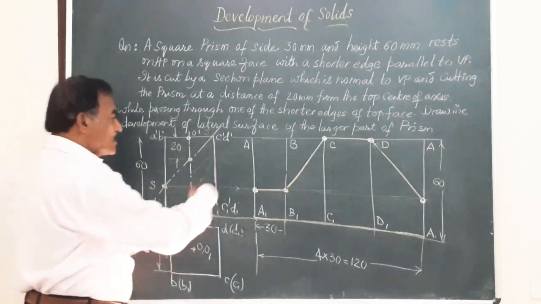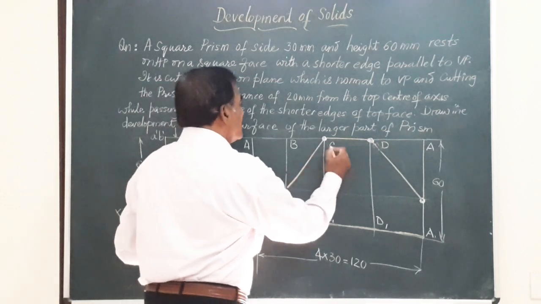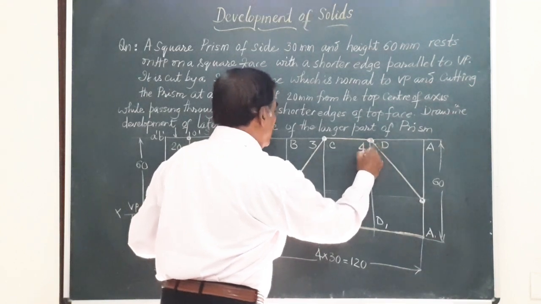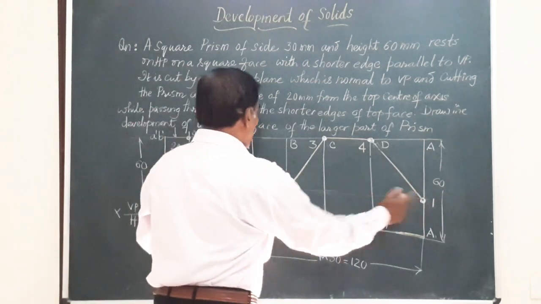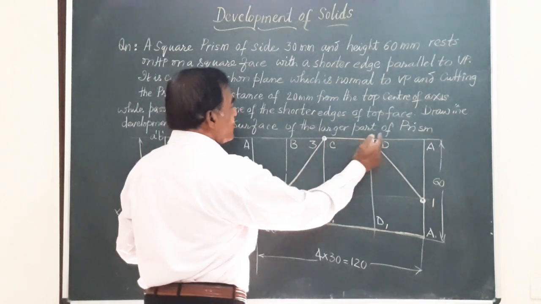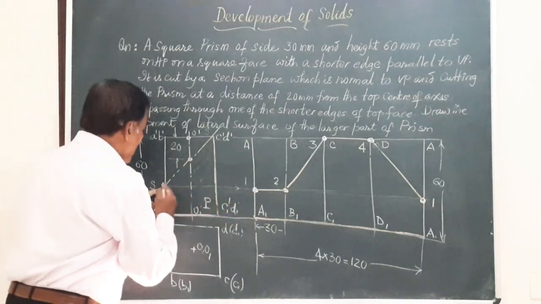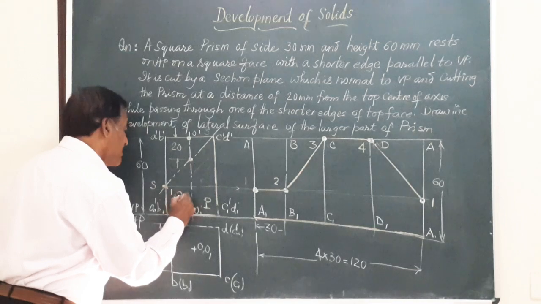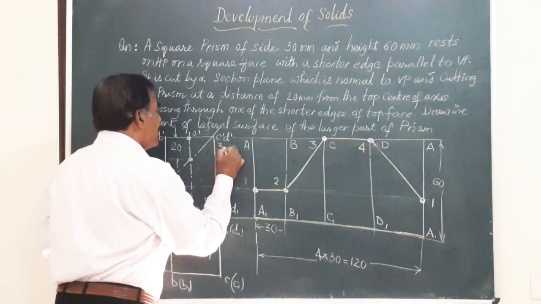Now let us number these points as 1, 2, this point is 3, that's coinciding with C. This point is 4, and again 1. But just check again. On AA it is 1, AA 1, 2, 3, 4. 3 coincides with C and 4 with D. Now these points are to be transferred to the front view. On this line, you have got 1, 2. I will write down here 1, 2. Likewise here, you have the points 3 and 4. I will write down here 3, 4.